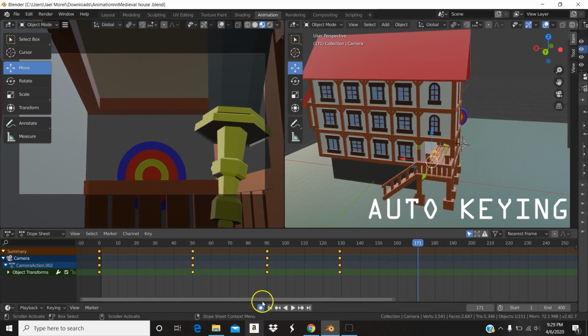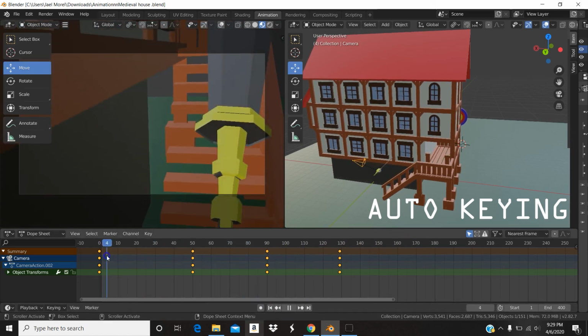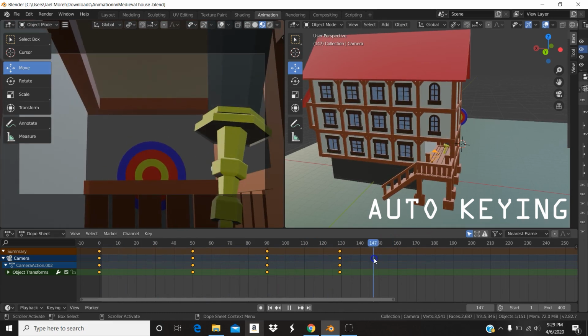That's how you do auto rotation, auto generate rotation. And it's quite simple, yet at the same time it's a little dangerous, because if I'm over here